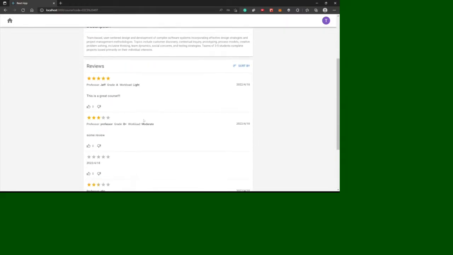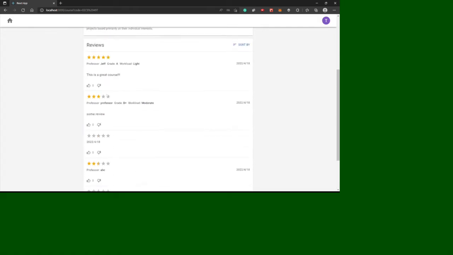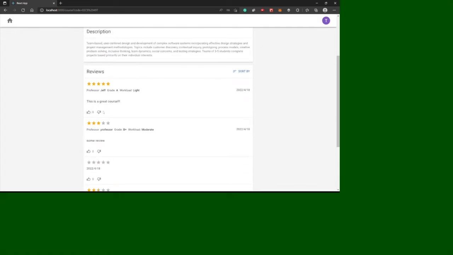And also, we have functionality of like and dislike for commenting. You can like it, you can dislike it. Just in case that our user accidentally dislikes some comments after they like one, or if they accidentally like a comment after they dislike it, we require our user, if they want to change their opinion towards a certain comment,